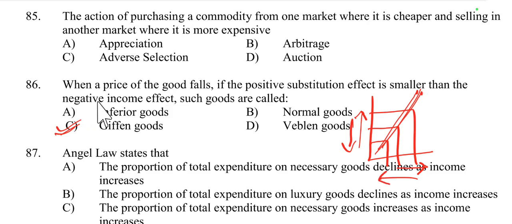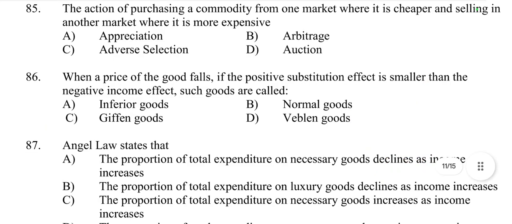And how does it negatively affect the income effect? Because when the income of a consumer is low, we do not purchase the superior good, we purchase the inferior good. So when the price of that good rises, we consume more. Due to the income effect, it is a negative effect for the inferior good and a positive effect for the Giffen good. So it is called a Giffen good.